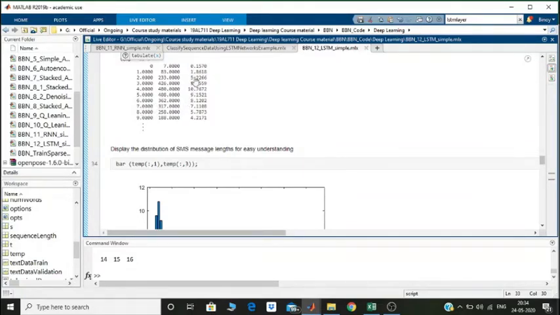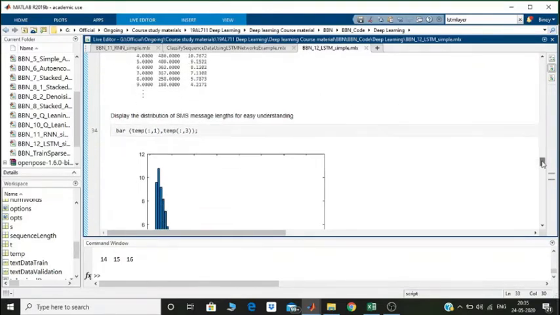And the third column represents what is the percentage of the entire data set that these convey. For example, a token size of 4 is present in 480 messages, and that constitutes 10% of the dataset, roughly 11%. So that gives us an idea of how the data is distributed in the training set.